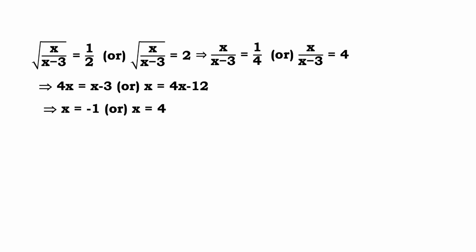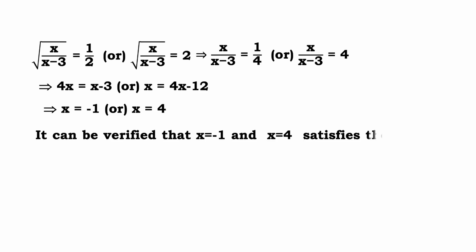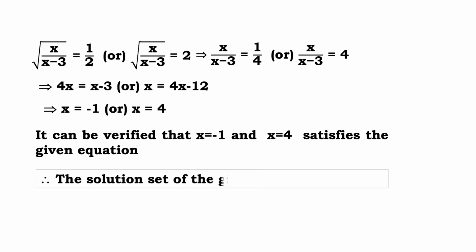you are getting values of x as -1 and 4, right? But we have to verify this -1 and 4, whether we are getting both the values as real values or not, right? -1 and 4. Now for the second case,